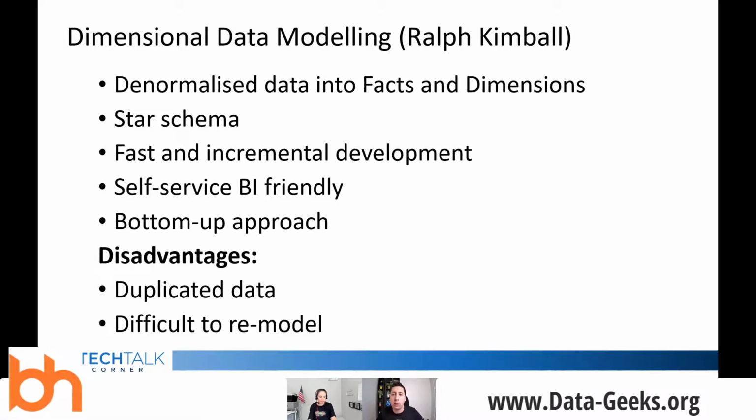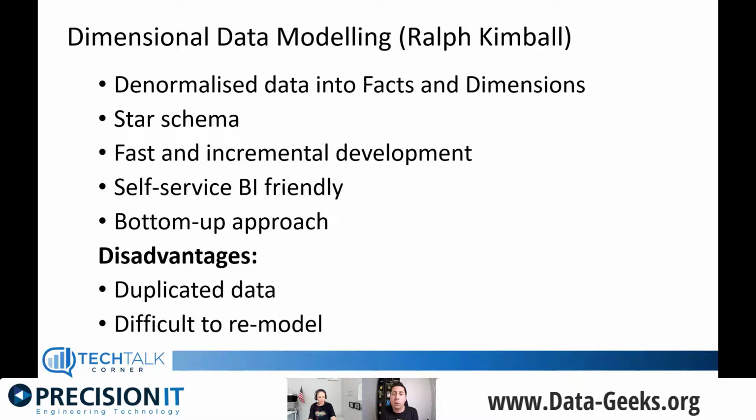Every time you need to add attributes to the customer entity, you'll find that it's not as easy as in the Inmon approach or the data vault approach.